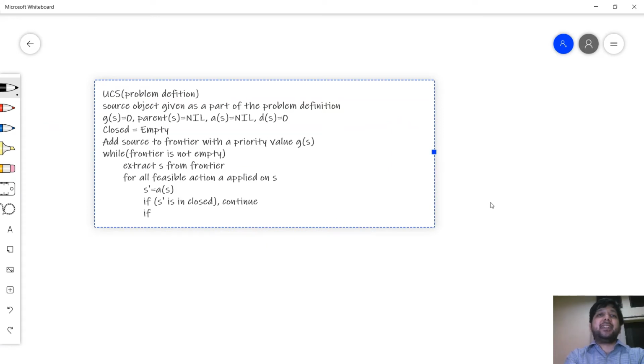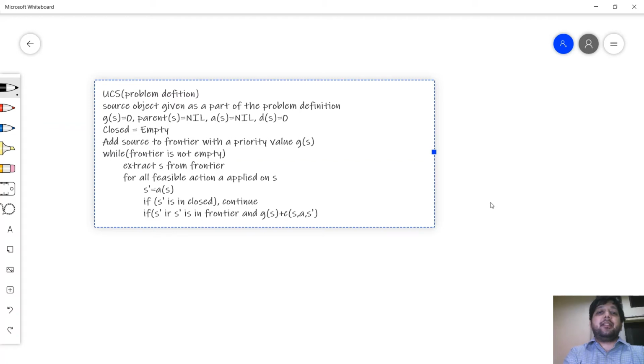On the other hand, if S dash is in frontier, now again that's a little thing. How do you check whether a node exists in the frontier or not? Maybe just make another map for it, maybe make use of the fact that it'll have a set G value. So if S dash, your new node, is in frontier and it has a better cost, its cost will be given by G of S plus the cost of going from S by action A to S dash. And again, I know that your problem definitions were complete, which means all these functions just exist. So that's a step cost function. Or of course, it's also true that if S dash